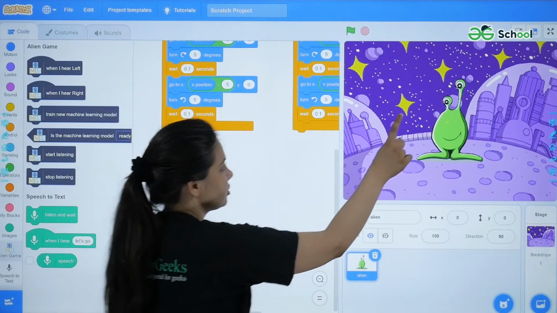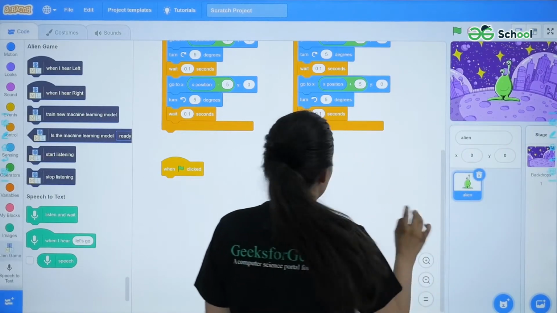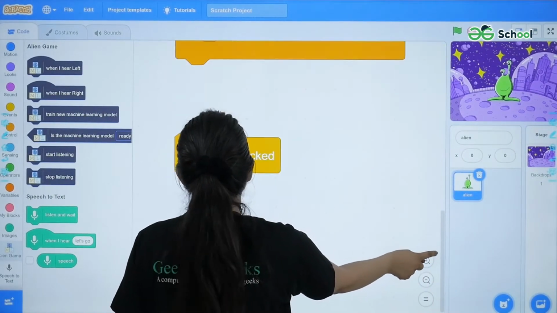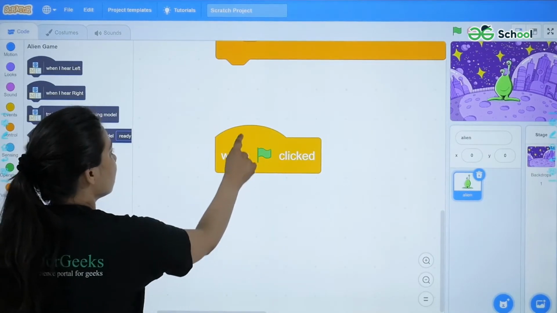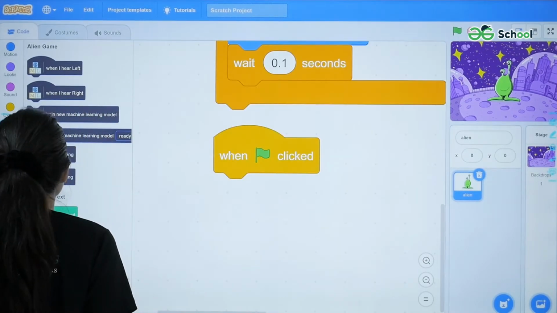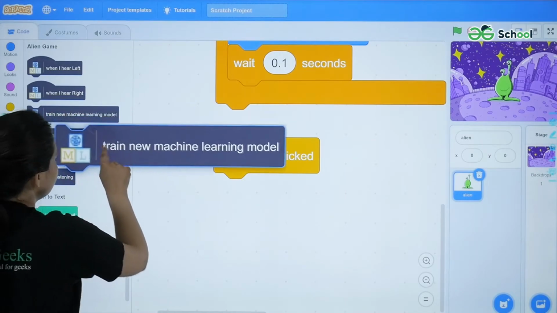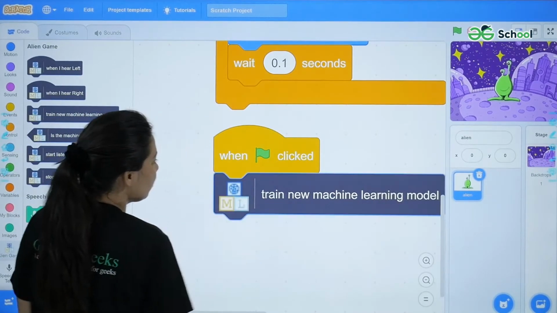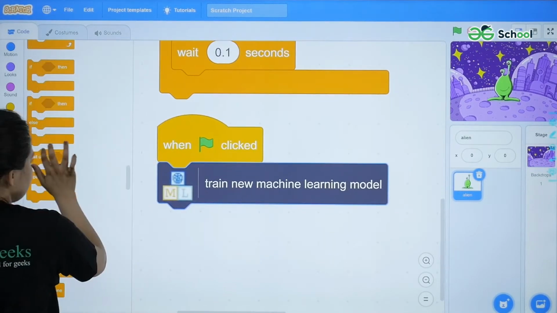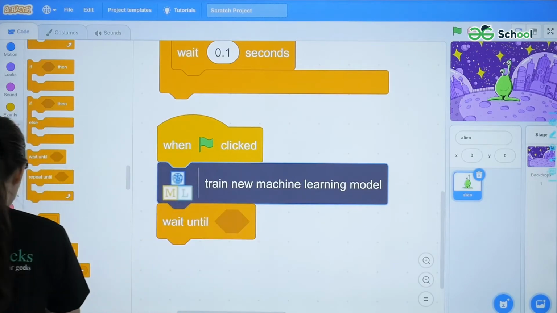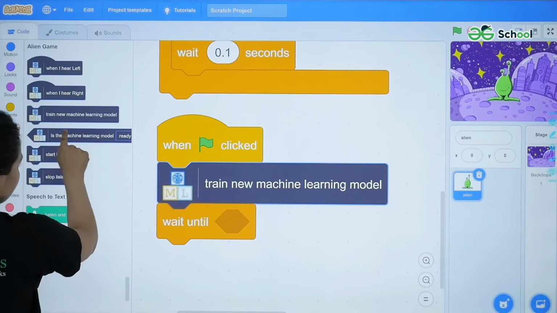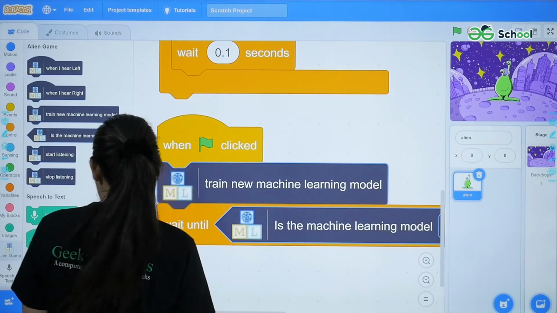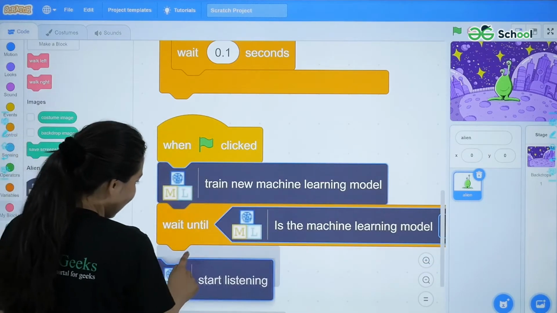Let me first change the template so that it's visible. Okay, so from my machine learning model, select the train new machine learning model option, select wait until, and again if the model is ready or not, and then start listening.